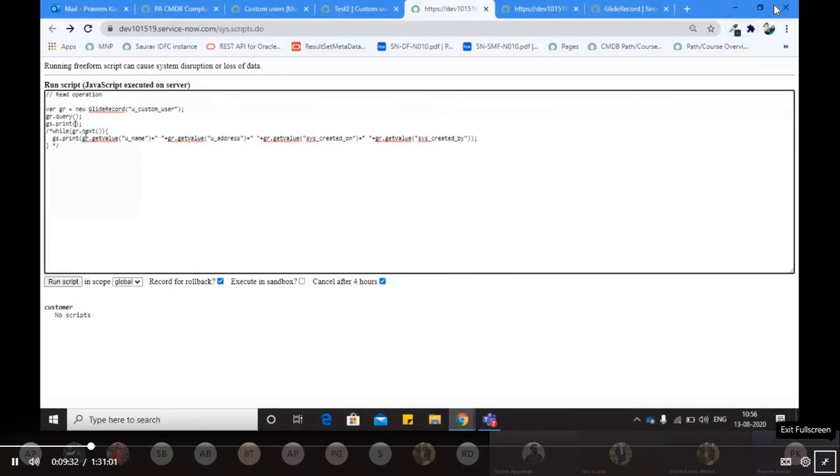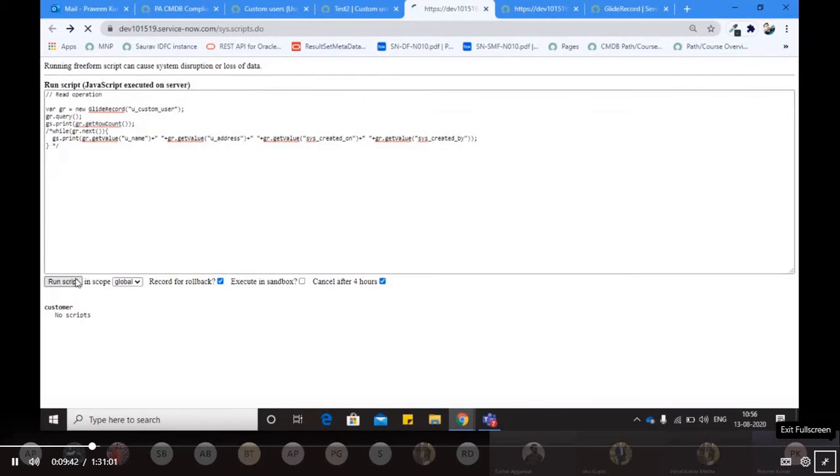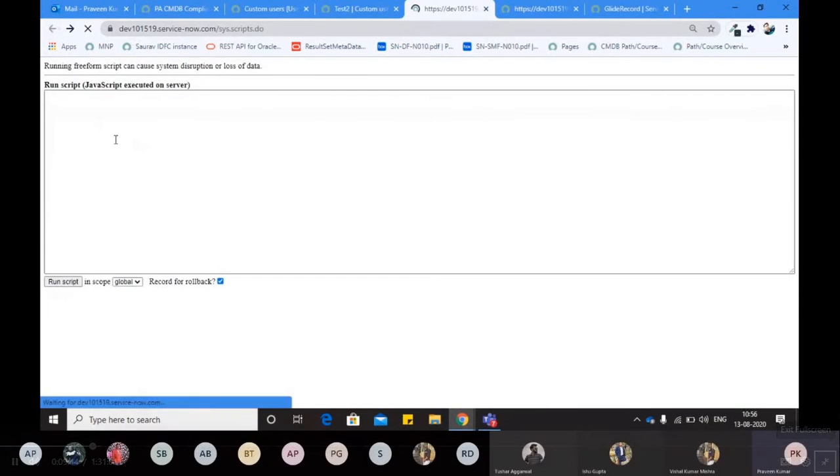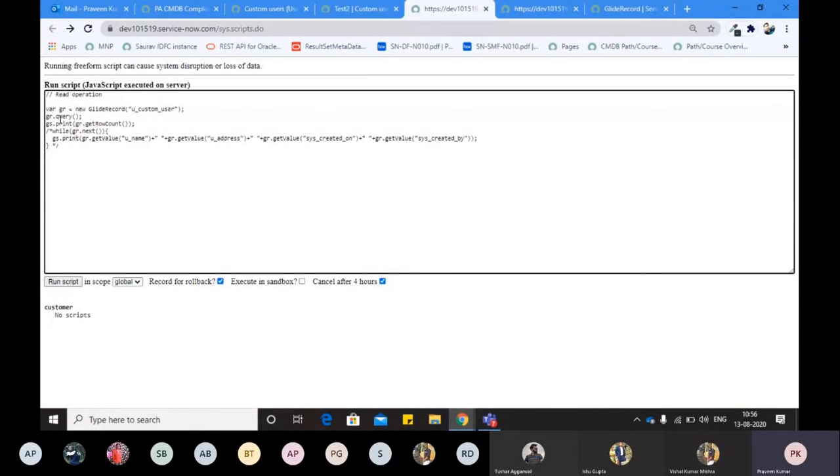Function row count, so getRowCount. It will print how many rows are there, right? So getRowCount is a function which we use most of the time, to know how many records are available in our table, right?